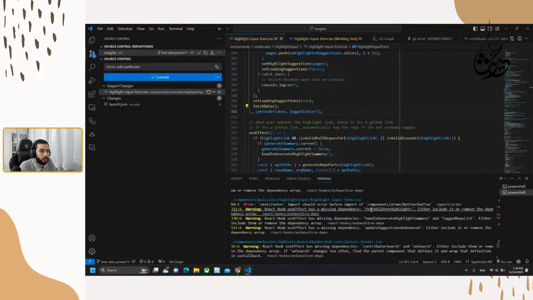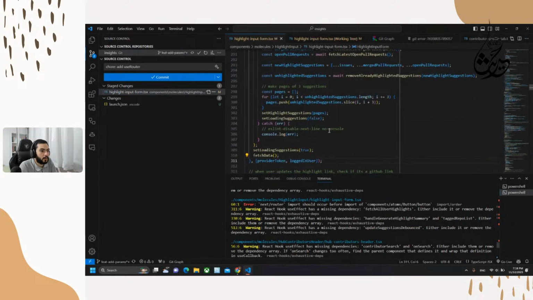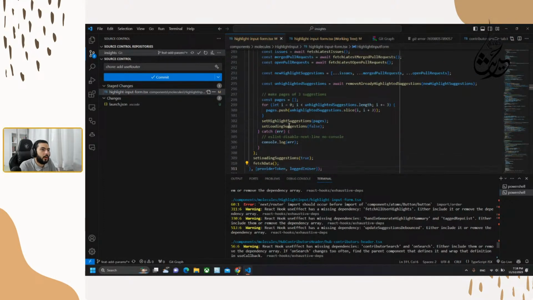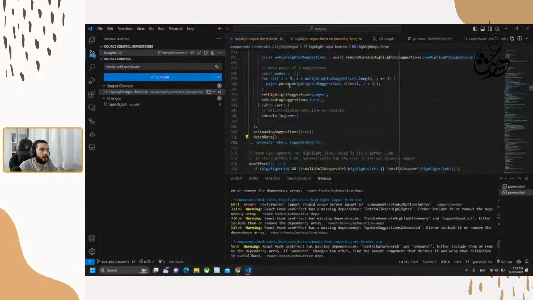Either include it or remove the dependency. So we should either add it here. Fetch all user highlights.